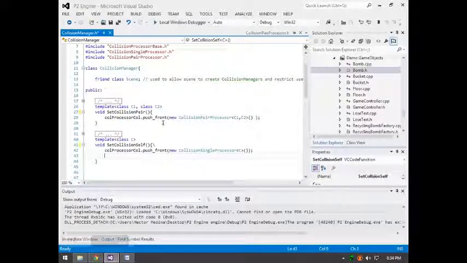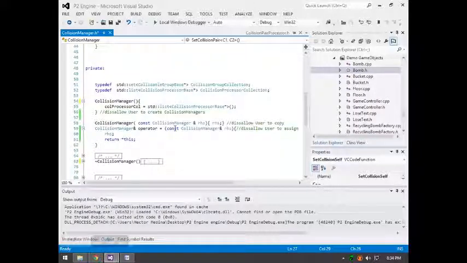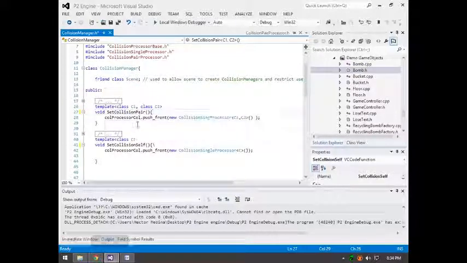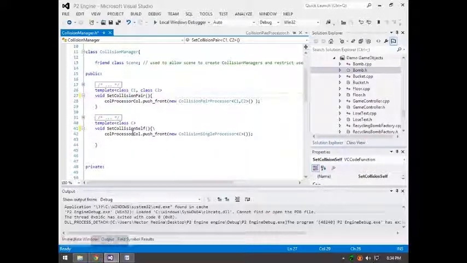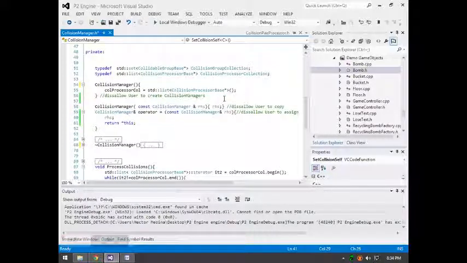So now we're going to talk about the collision manager. The collision manager actually isn't as much as it used to be in the previous collision manager. So we have the set collision pair, which just sets a collision pair. We have the set collision self, which is setting a single processor for that only one instance. And basically what the collision manager really does is just